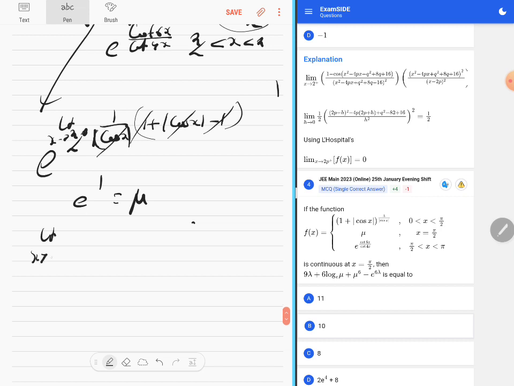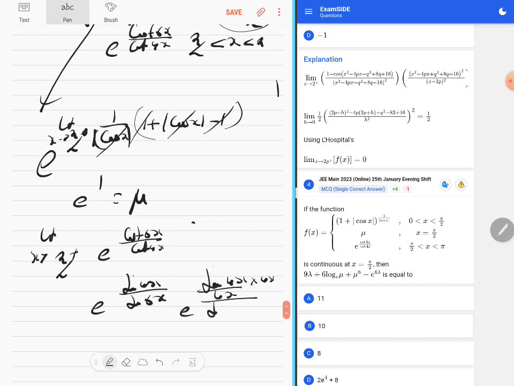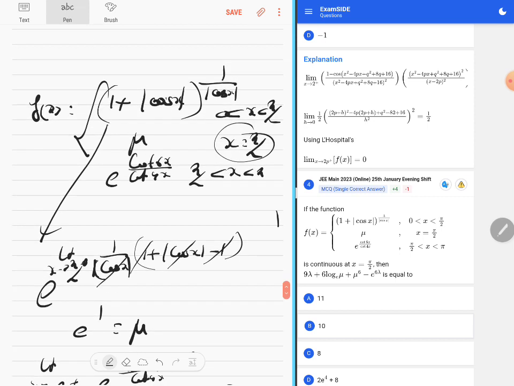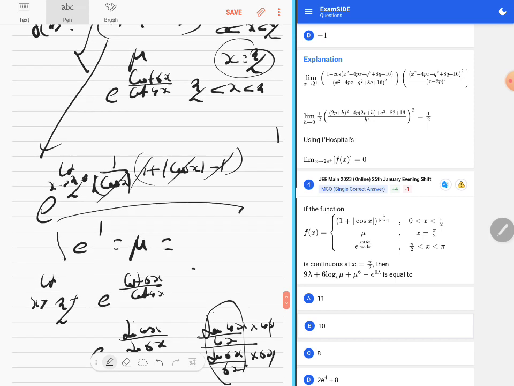Let's look at the right limit. Limit of x tends to pi by 2 from the right. So the formula itself is e to the power cot 6x by cot 4x. You can write it as tan 4x by tan 6x, and e to the power tan 4x multiplying and dividing by 4x, by tan 6x by 6x into 6x. This itself is 1. x and x get cancelled. e to the power 2 by 3. So left limit is equal to right limit is equal to e to the power